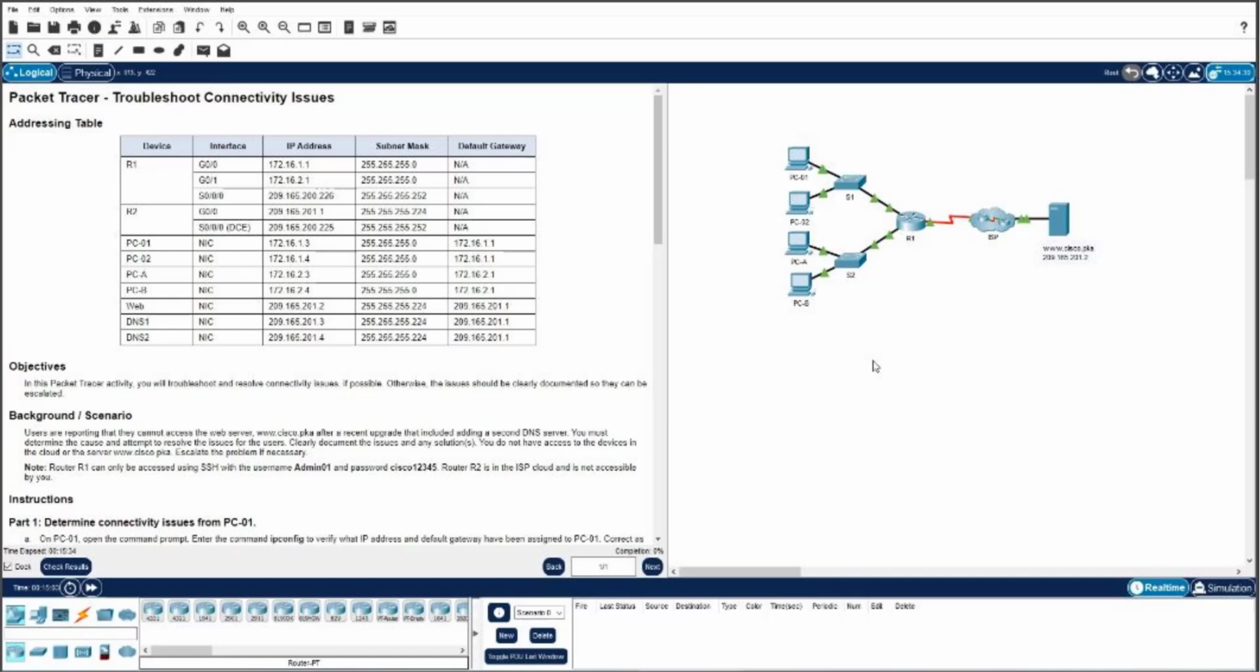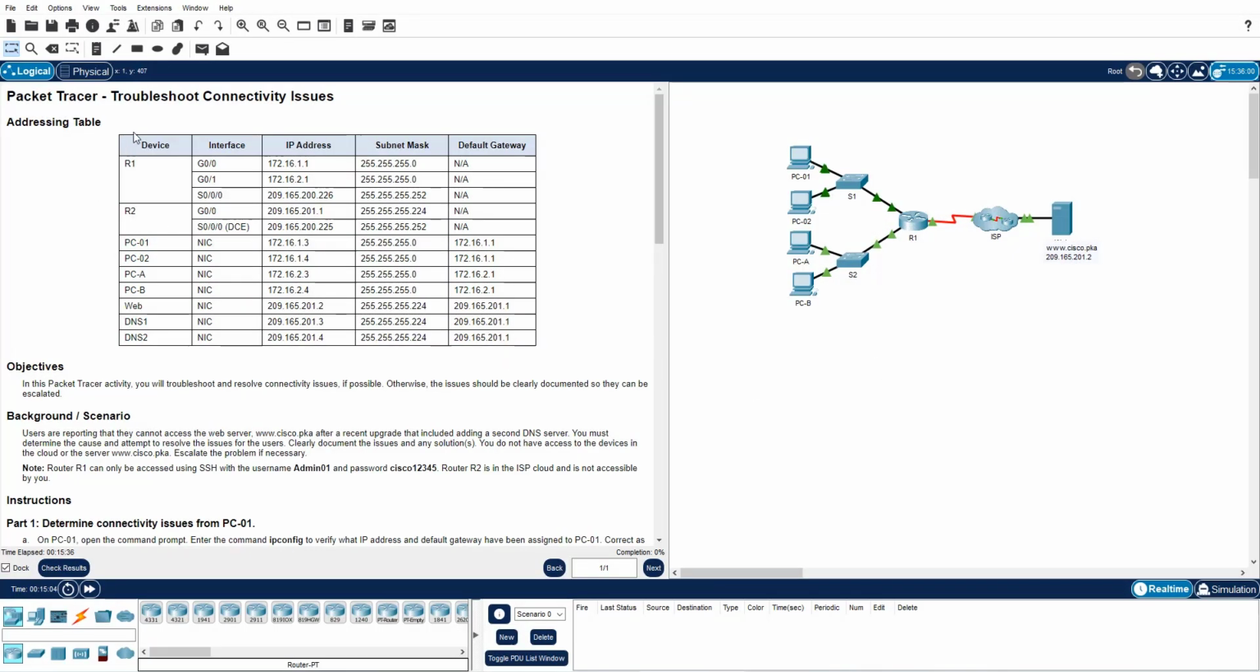This video covers Packet Tracer 1776. Let's get started. This Packet Tracer is to troubleshoot connectivity issues and fix them where we can, and also to document them. In this scenario, users are reporting that they can't access the web server here on the other